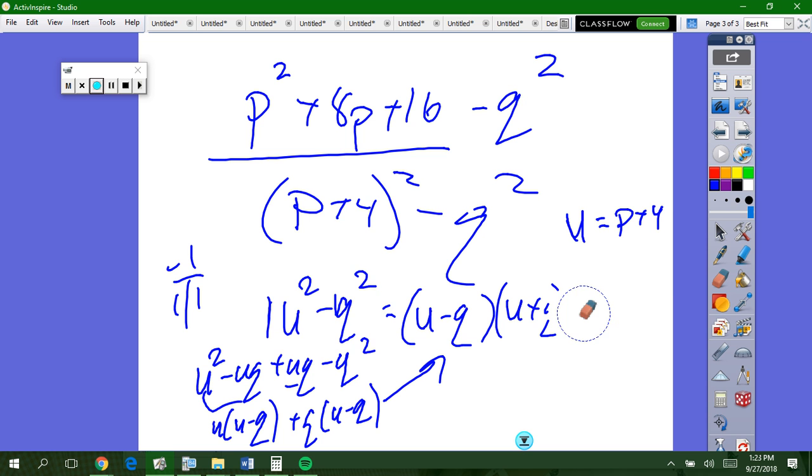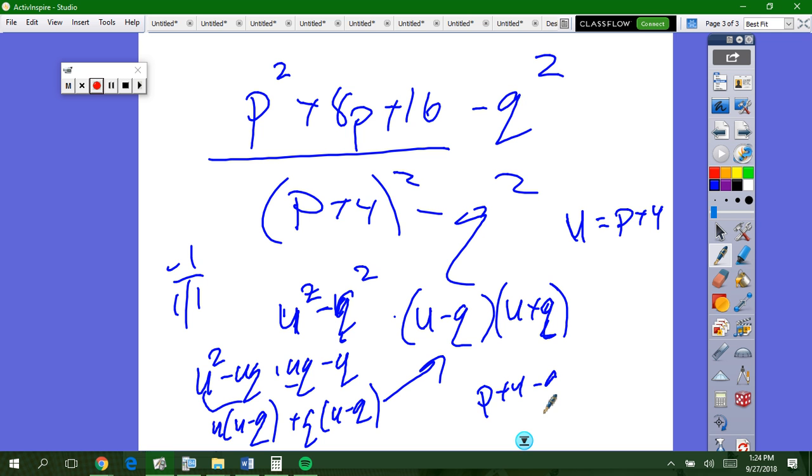This is always the case. If you ever have a difference of squares, you can always do it, because it always happens. But who's our U again? Now, Tyler. So he changed to an X, but P plus 4 minus Q and